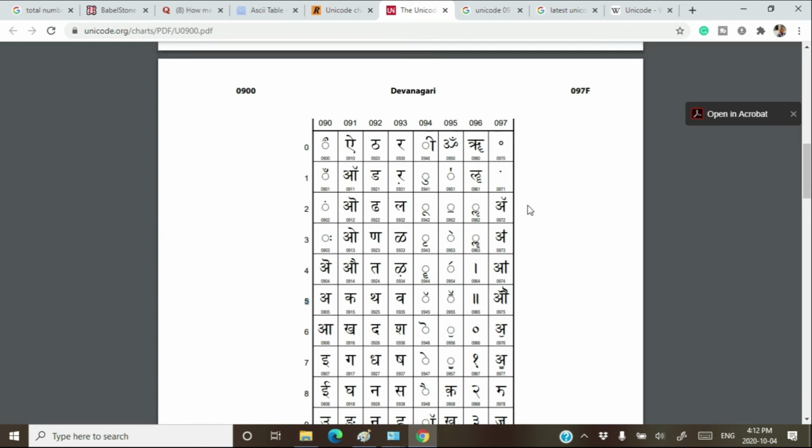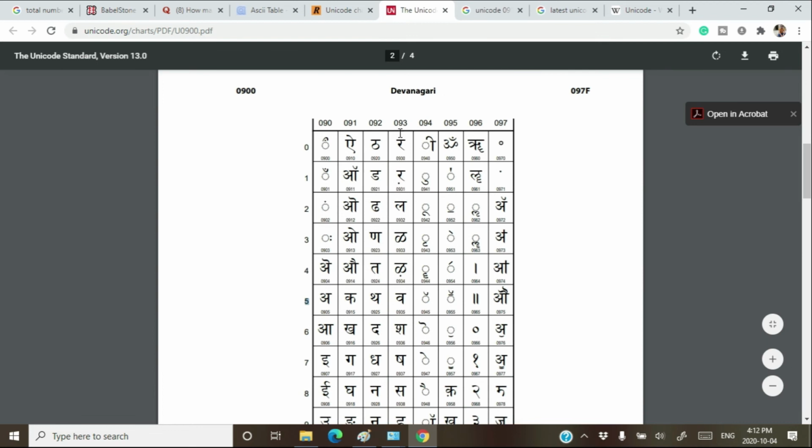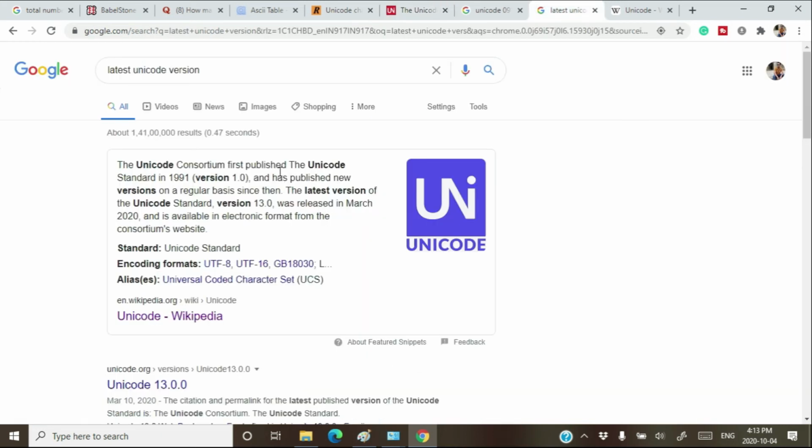Okay, 65 in decimal is the code point for A. Okay, 49 in decimal is the code point for 1. Okay, 0930 is the code point in hexadecimal for Ra. Okay, so these are the code points, and how to store these code points in binary is a different issue. Now you may ask, how many total code points are there?